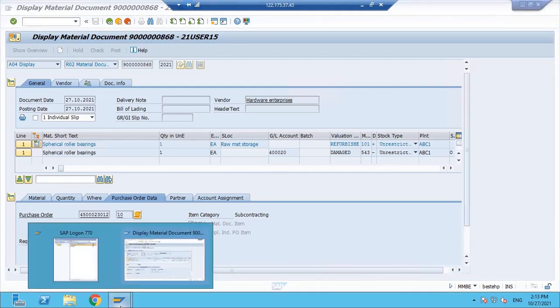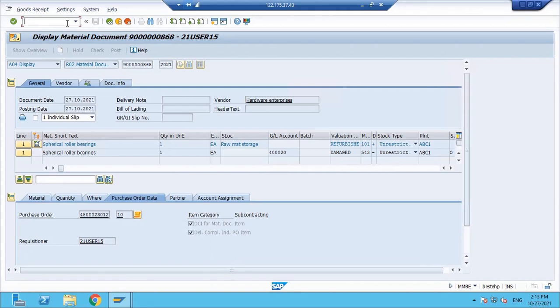Got it? Okay. Now we will see the other process. That is, we are going to create a refurbishment order, and from that, sorry, we are going to process the external refurbishment with respect to a maintenance order.